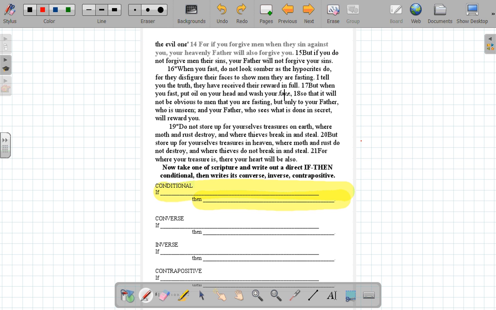Now, on this, take one of your highlights, and I'd like you to write it as a straight up conditional. It may or may not say if-then, but mess with the grammar of it. Shorten it as much as you like and write if, blah blah blah, then, blah blah blah. Just take one of your favorite highlights. Then I want you to write the converse of your conditional, the inverse of your conditional, and the contrapositive. When you've done all four,